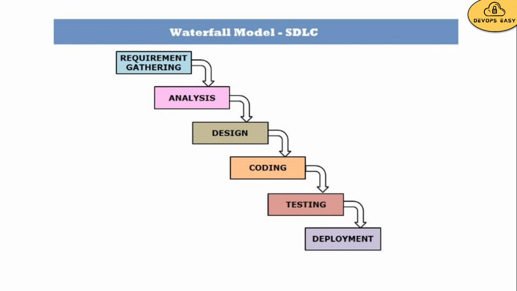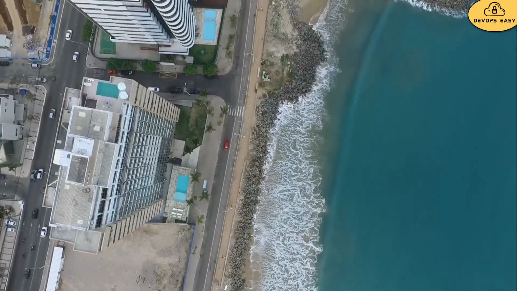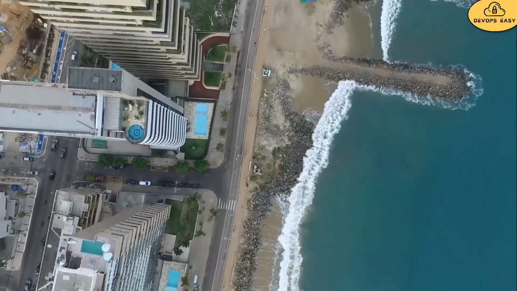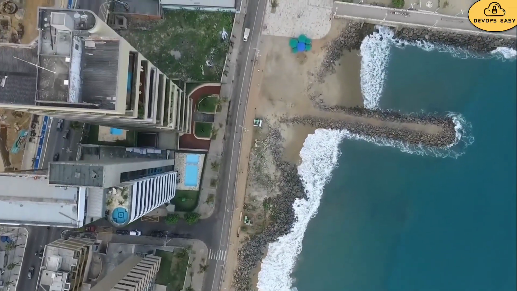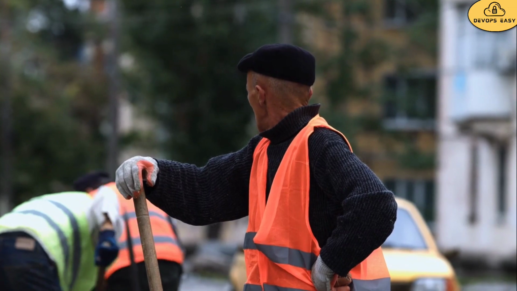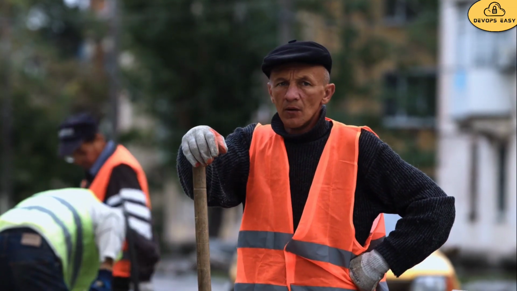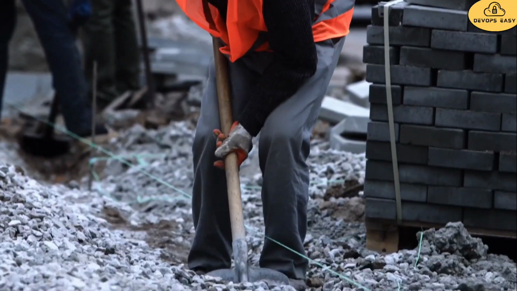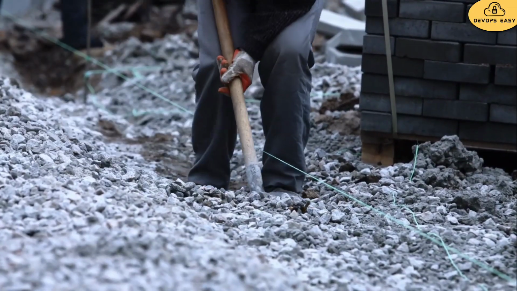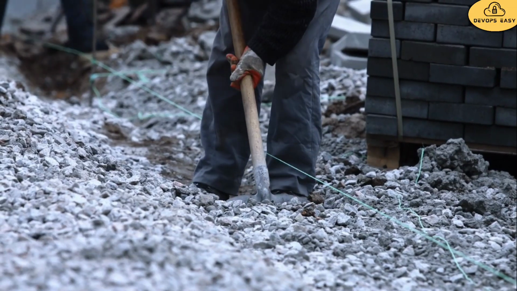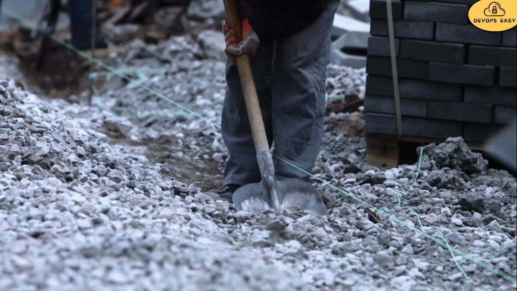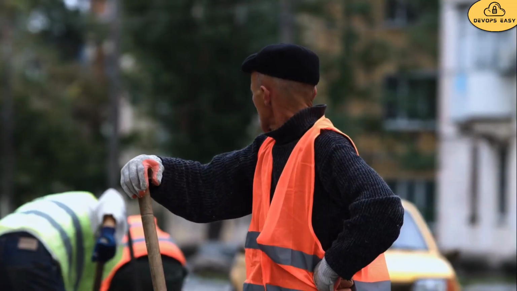I will explain the same process with a real-time example. I have a land, and I want to construct a 4 floor apartment. I will go to a contractor and tell him I want to construct a 4 floor apartment. The builder will tell me, you no need to worry, just give me 1 year, I will construct the 4 floor building. So this is the waterfall model.